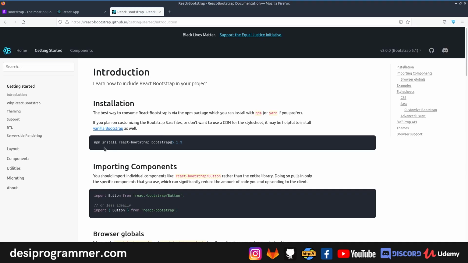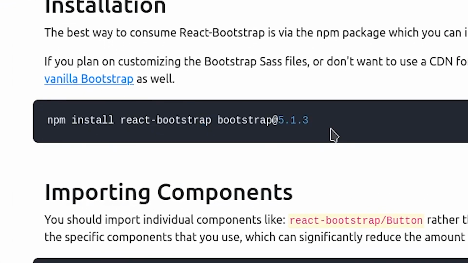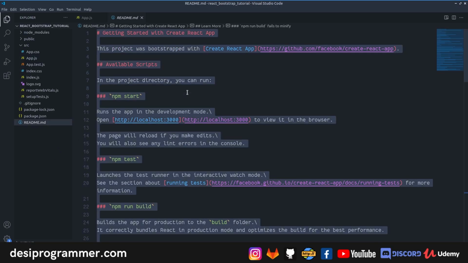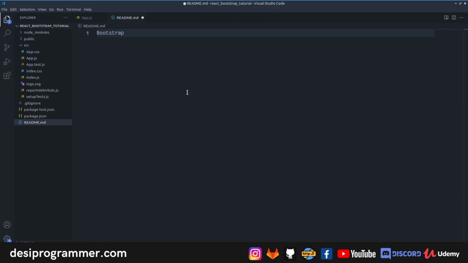Here, as you can see, this has one simple line which will help us with installing Bootstrap. So there are two ways you can use Bootstrap here, okay? The first is that you can simply use Bootstrap, or second, you can use React Bootstrap. Now with React Bootstrap, the issue that I personally face is that there is a component for everything. Since I've been coding a lot in Vanilla.js, I am more familiar with class, row, column and something such as that, while in React Bootstrap, if you want a row, you have to use a Row component. Something that you may like or you may not like.